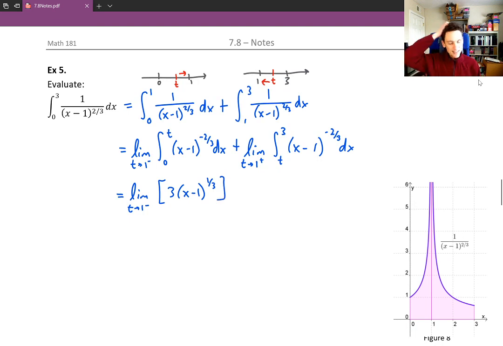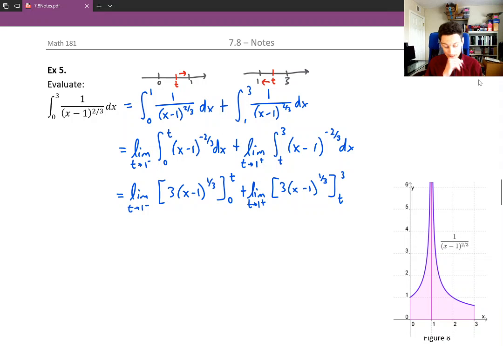If you think about doing a mental u substitution, if you let u equal x minus 1, the du is just dx, and so there isn't any constant that modifies the coefficient at all. So we have 3 times x minus 1 to the 1/3 from 0 to t. Then we have plus the limit as t approaches 1 from the right of 3 times x minus 1 to the 1/3